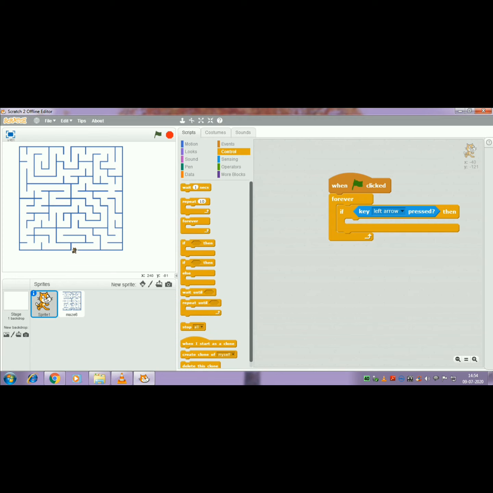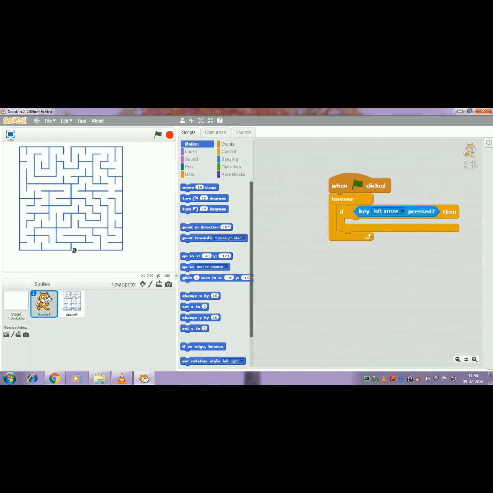Then you have to put a number. For that you have to choose the change x by coordinate. Select the change x by option, then place it there.